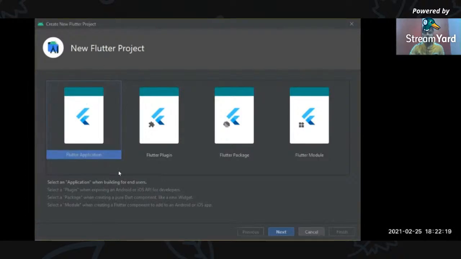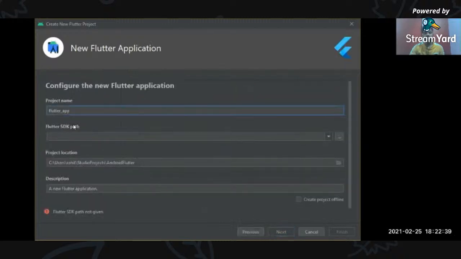If you're an advanced developer and you learn more in Flutter, you can select these other options, such as plugin or package or module in Flutter. But first, since we are going to run our Flutter application, select this and click the next button.